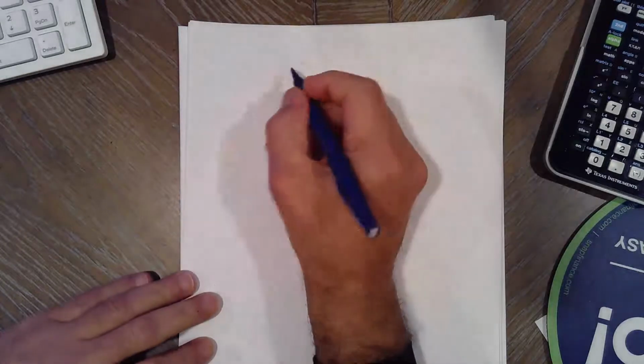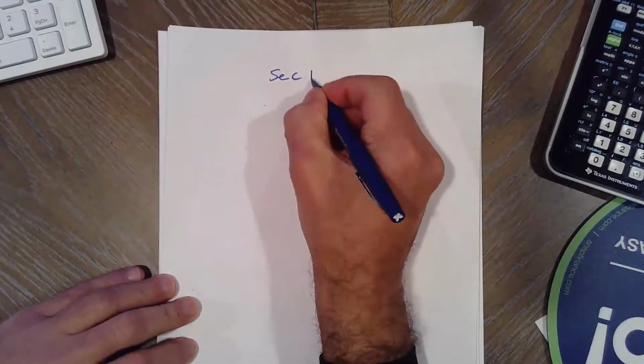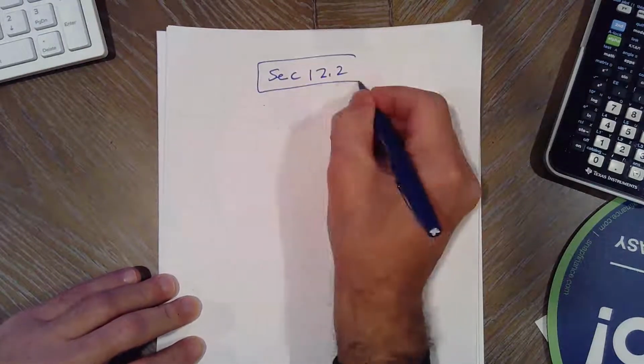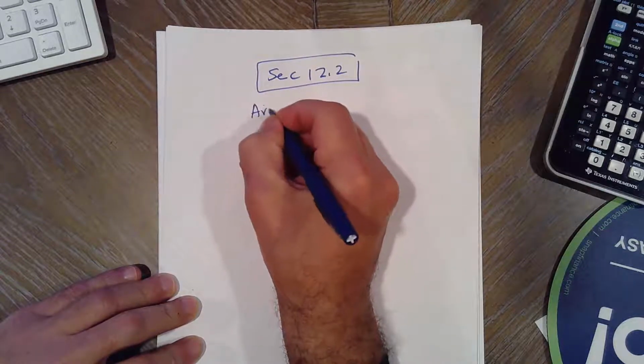Okay, so in 12.1, I went over general sequences. Now we're going to be more specific. We're going to talk about arithmetic